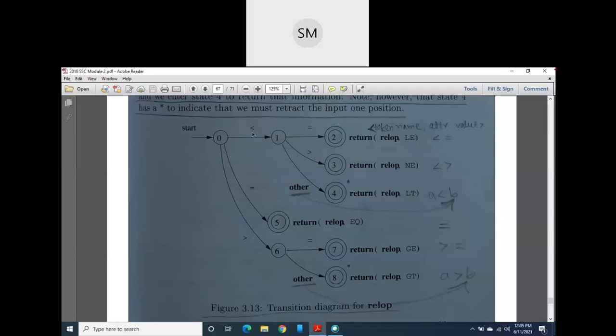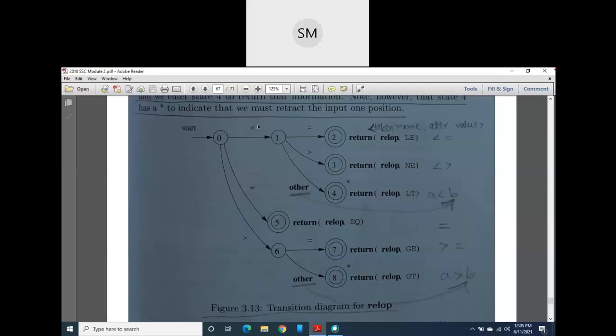You know this less than already, and after this less than in your program, in this portion, just observe my mouse cursor where I am showing you. After this less than, in this place you may have one identifier, or one number, or one equal mark, or one greater than symbol. These are the four possibilities. Are you understanding what I am telling? So after this less than, you may have identifier, number, equal mark, or greater than.